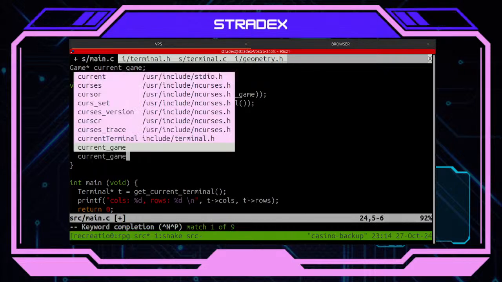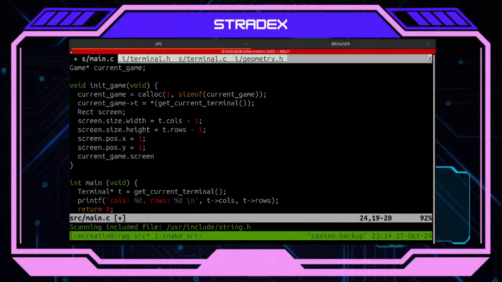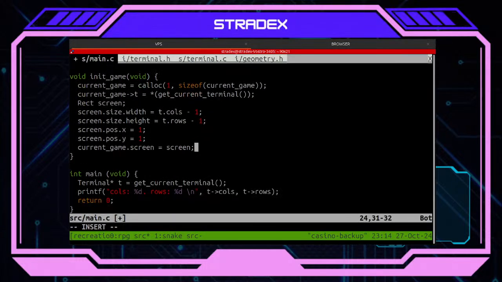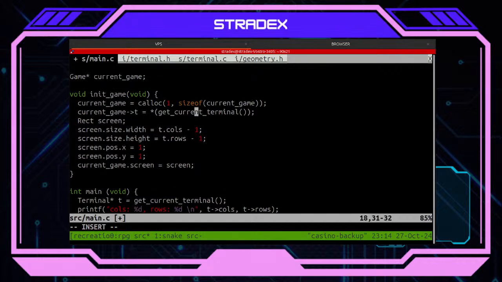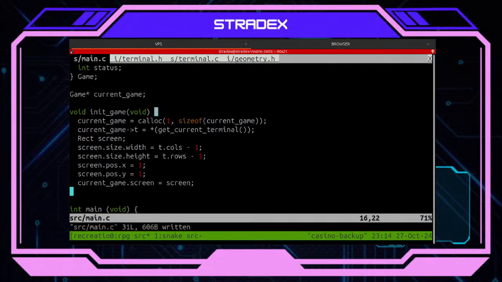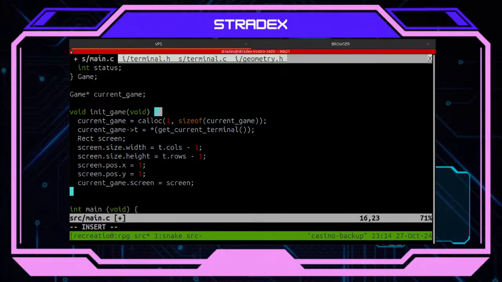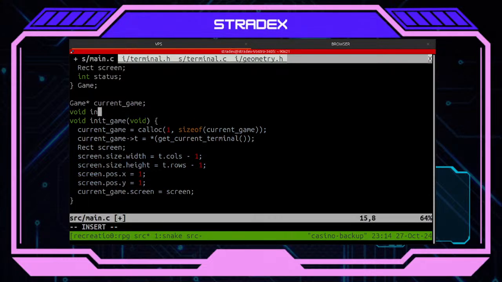Then current game screen equals... and that should initialize my game. Oh, actually no, this is basically the init and curses.